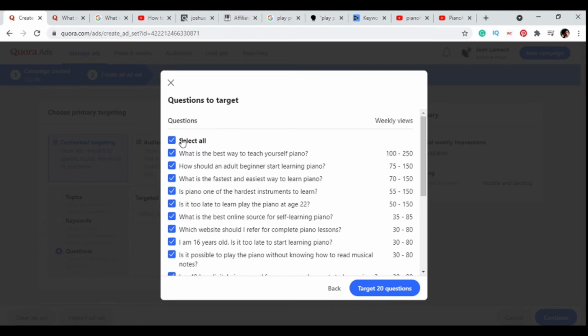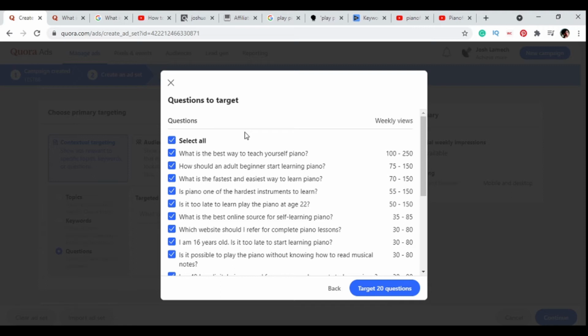So let's say we wanted to promote this offer and we don't want to write any articles, or anything like a blog article. We don't want to own a website. We don't want to create a blog, a website, or a WordPress website. We don't want to create a Medium article. We can head over to Quora and search for these questions that people are searching for on Quora, and there will be a high chance that these questions are also ranking on Google. Let me show you what I mean.